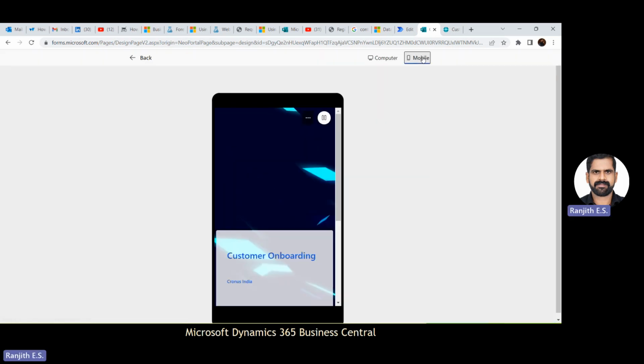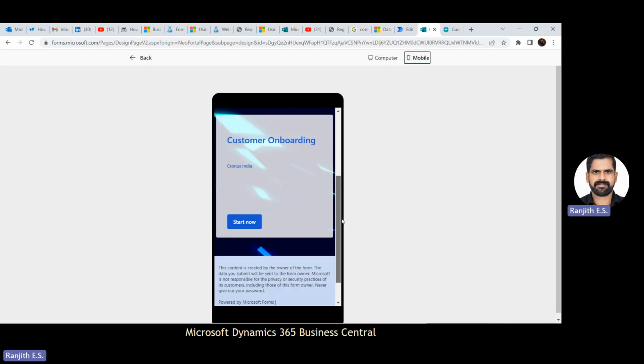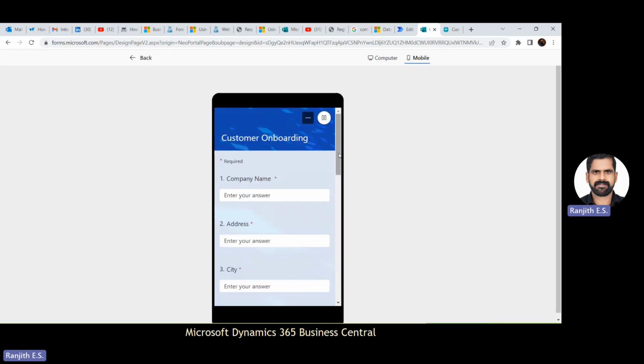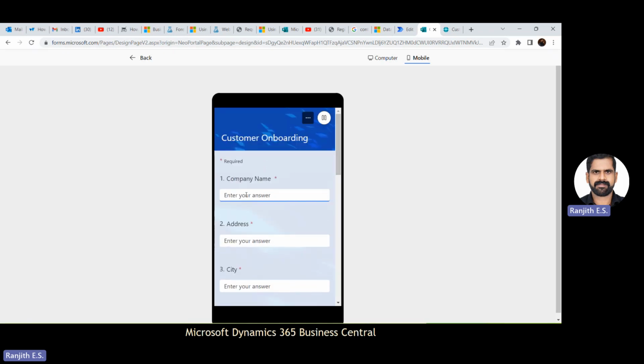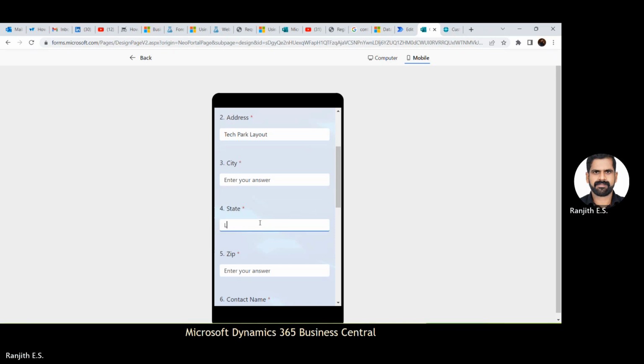Now this is the mobile view of my Microsoft Form, and you can click on Start Now, and now you can enter the basic fields and the data for the customer. Suppose the company name and address. I'm just entering the address and the city, and sorry, the state has been entered and city,